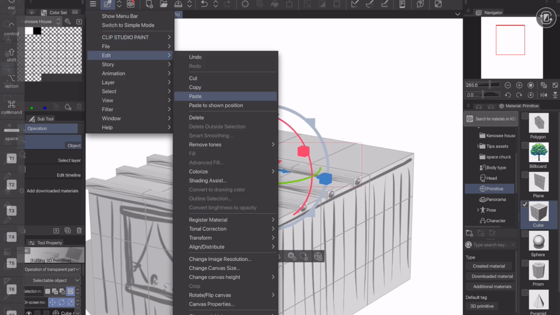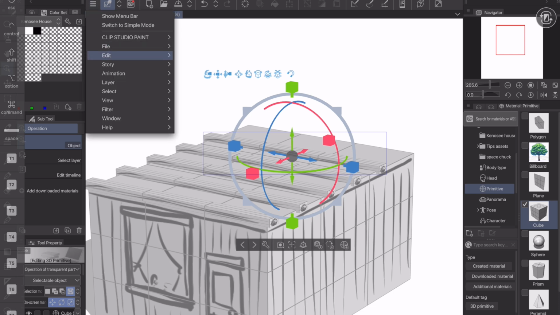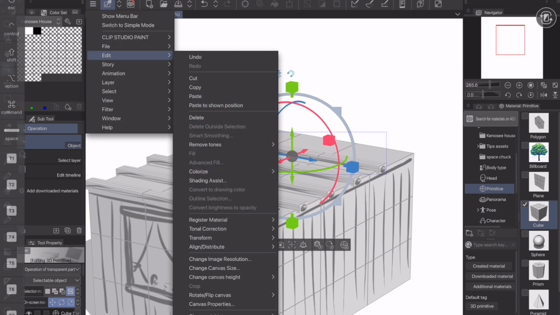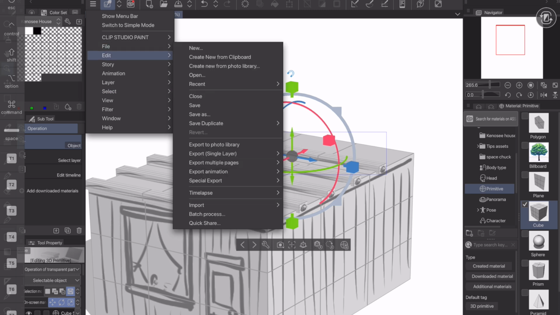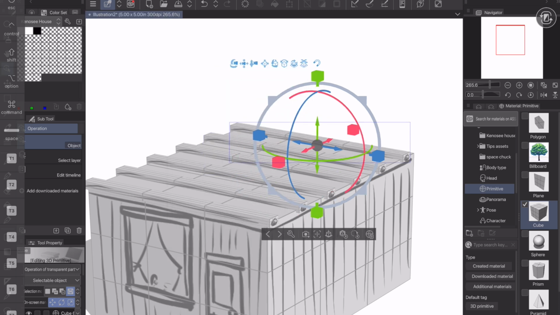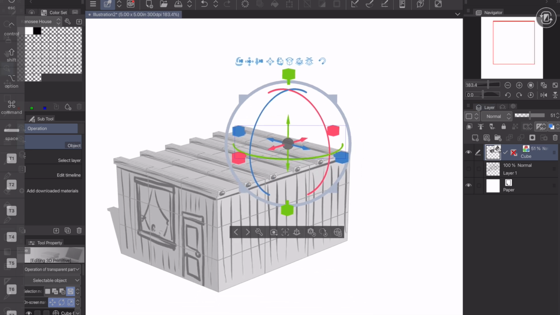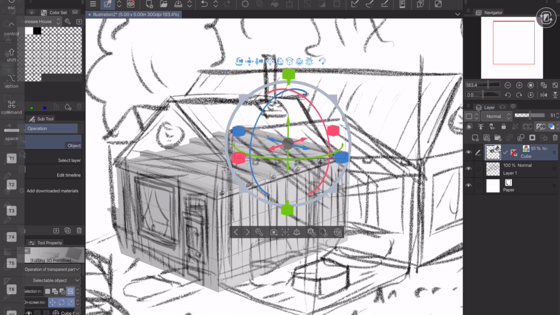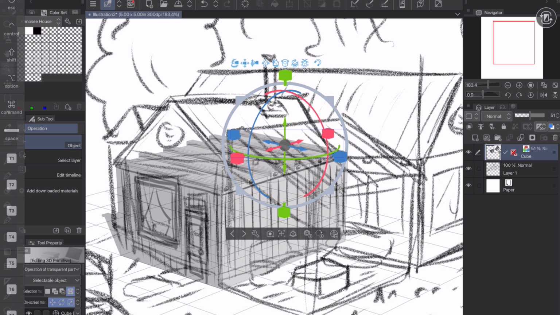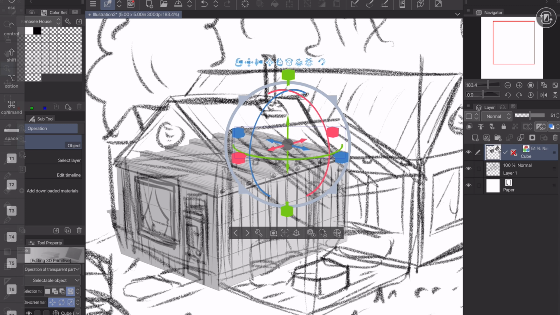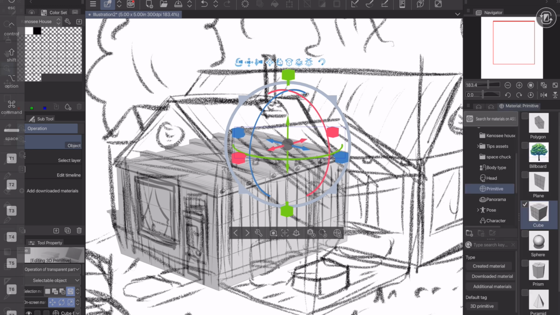And paste, and one more. Paste, paste, paste. Where are you? Paste. Okay, good enough for now. Now, of course, because I've orbited my thing here, I'm going to have to realign it a little bit. Nice. Okay. So now I think to do the angled part of the roof, I will use, there's no triangle